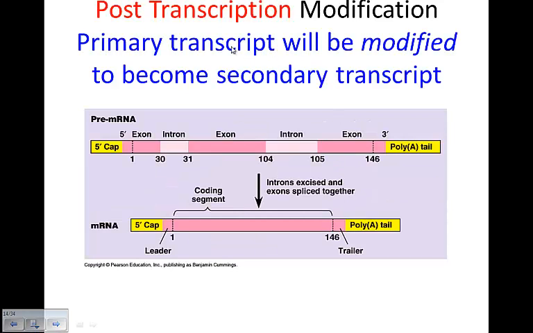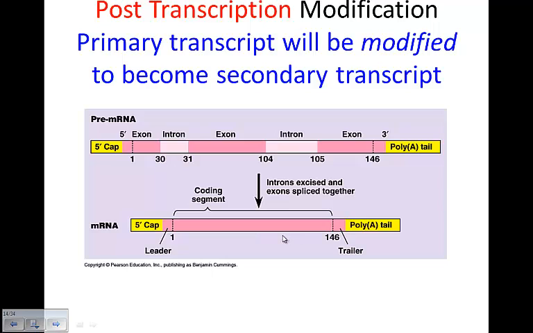All right. Now we've transcribed. So this is after transcription and the modification that's going to take place, the changes that are going to take place. So we have this primary transcript. Our original transcript of messenger RNA is going to be modified, and we're going to end up with a